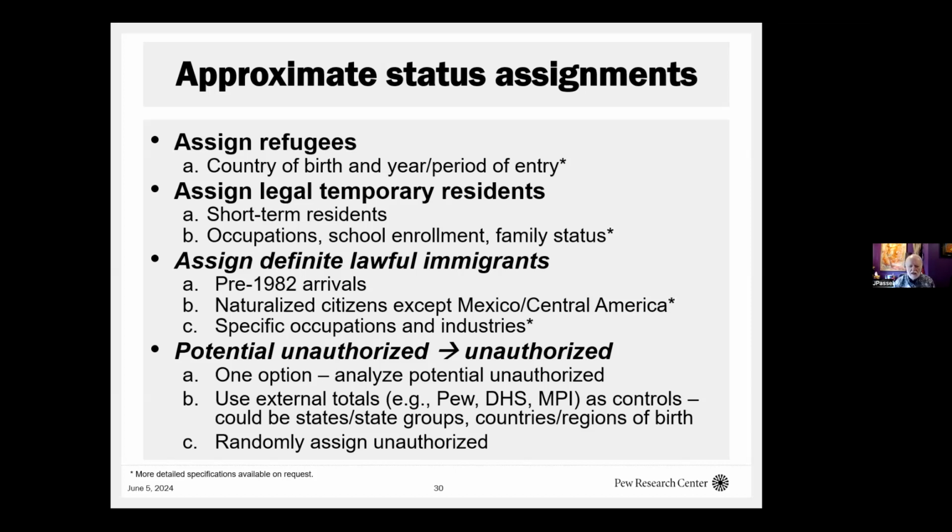DHS publishes data. Migration Policy Institute publishes data. So it's possible to get some totals by either states or groups of states or countries, regions of birth, and use them to help identify the people who are likely to be unauthorized immigrants in the data set. So this is one approach for researchers who don't want to actually build the very complex models and do the estimates